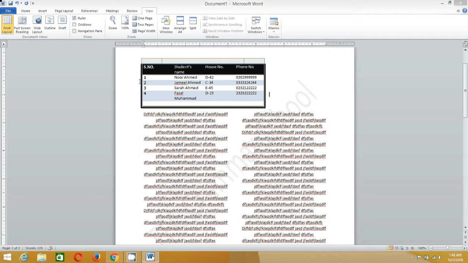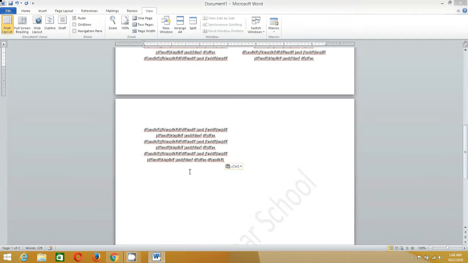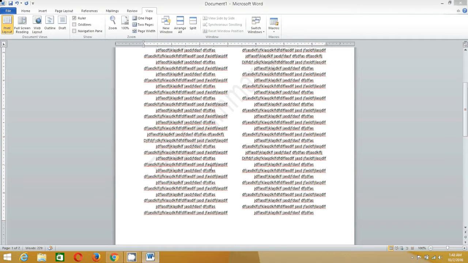Here I made a table, it is in single column, and then here we have text, which I divided into 2 columns. So this is how you can divide your work into columns. After this,